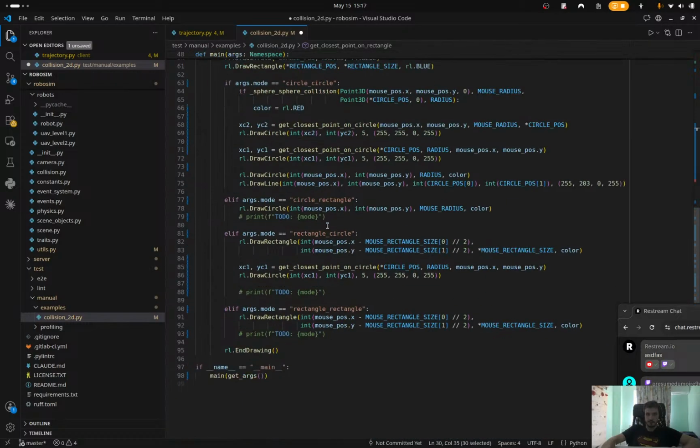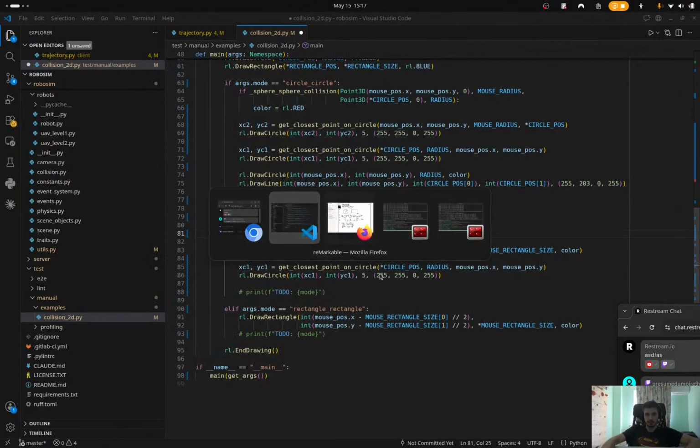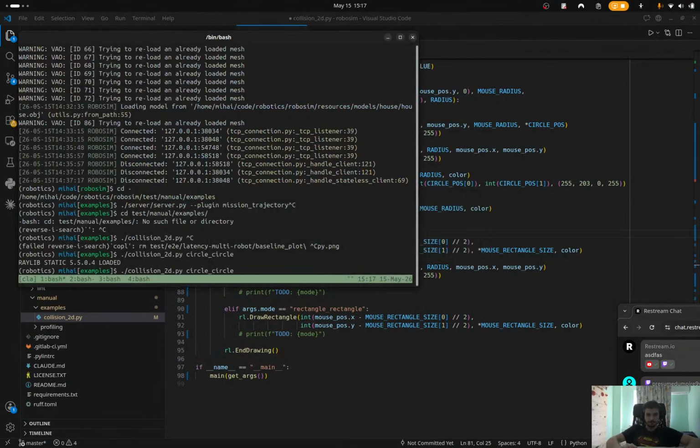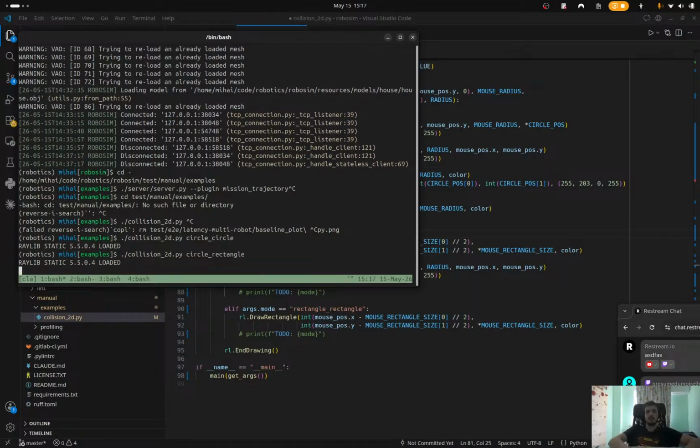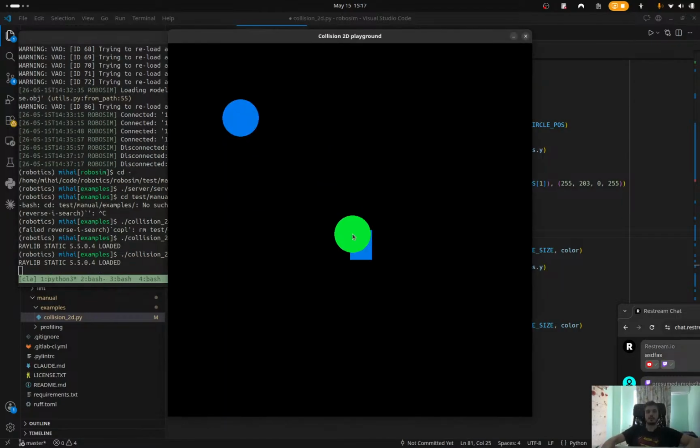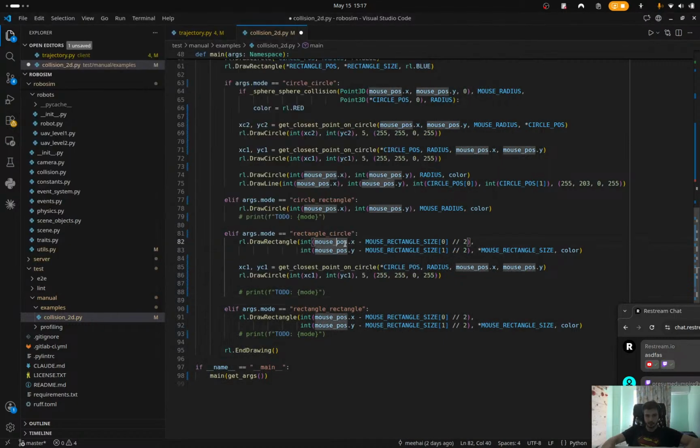So get closest point. So in which case am I? A rectangle circle? I think I'm rectangle. Wait, no, I think I'm circle rectangle. Yeah, I know the circle rectangle case. Circle rectangle, this case. So I want to find the point on the x-axis, and I give the top left. So let's see. So circle rectangle, that means I have